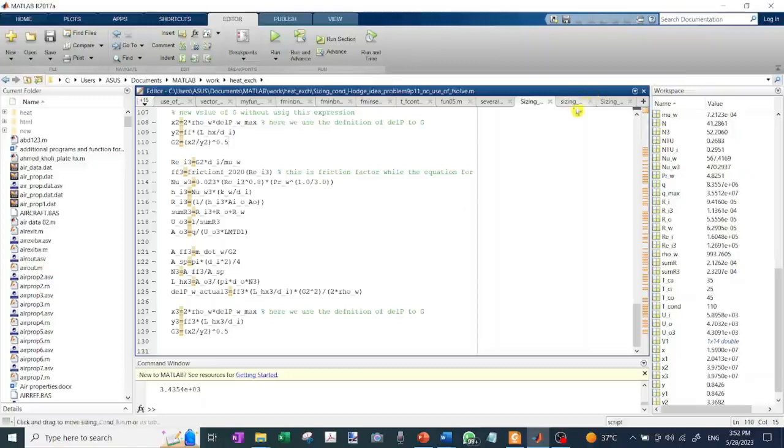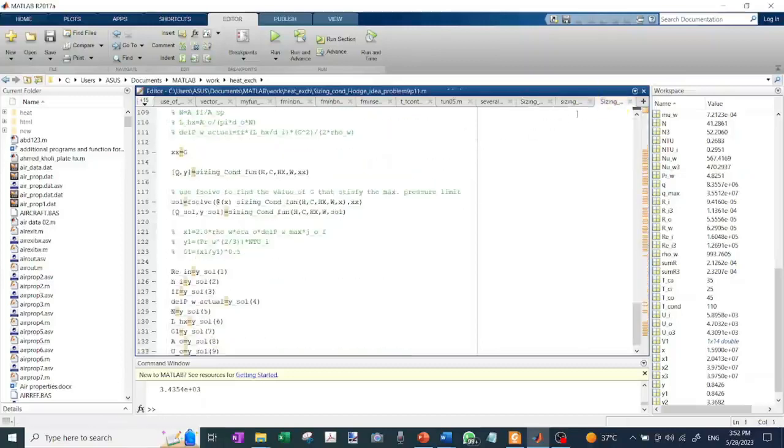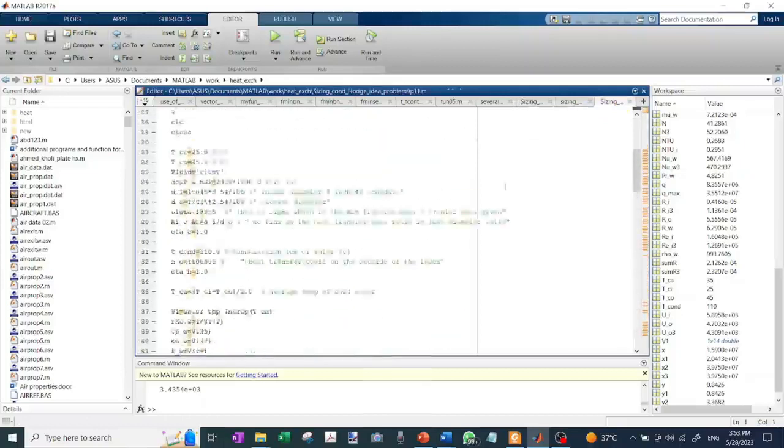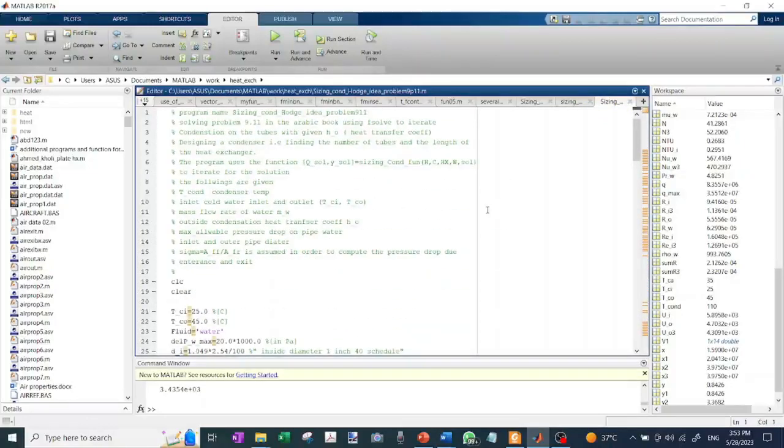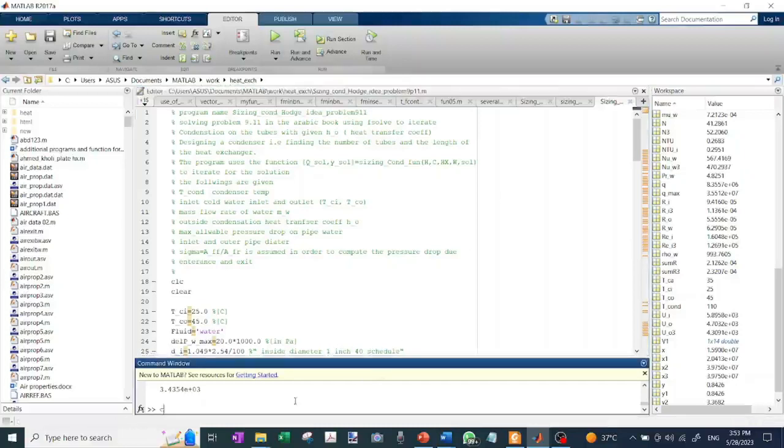But we also did another program utilizing what we call fsolve, which solves the problem and finds how much G is. Of course, you need an initial value for G, but for the iterative process, fsolve is iterating the value of G until you get the final conclusion. So if we run this again,